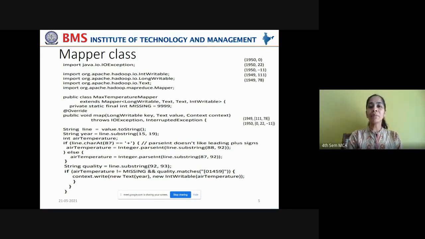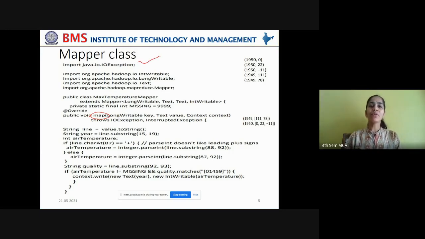So let us see line by line how we write this map function. Map functions can be customized. Remember, map is a function which is declared in the mapper superclass. Now, if we are able to extend this mapper superclass, we can customize according to our requirements. We can redefine this map function that is declared in the mapper superclass. Okay, now let us go from beginning.